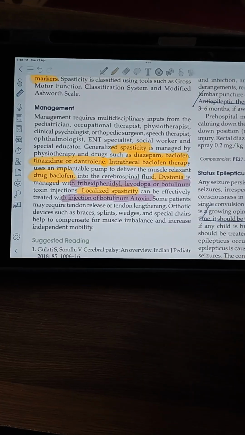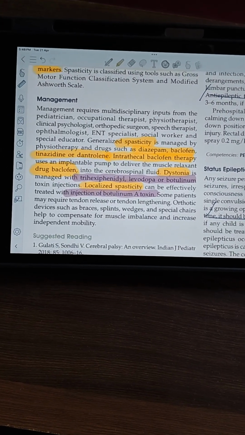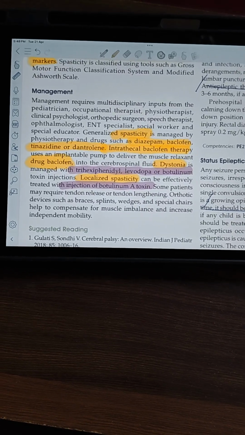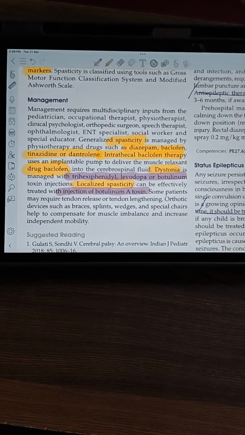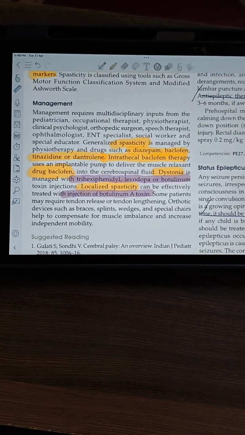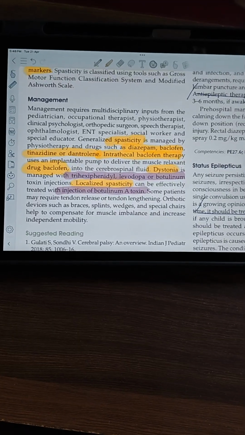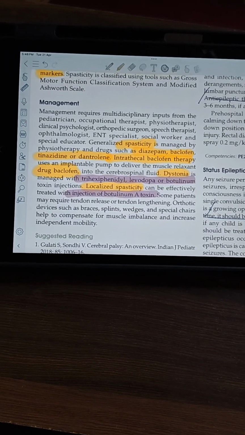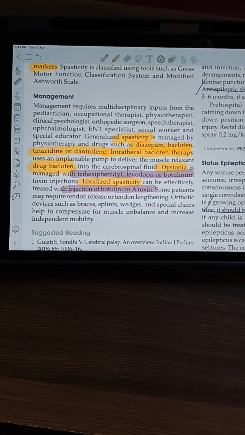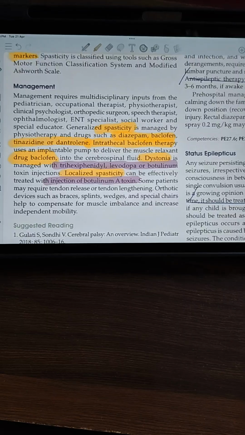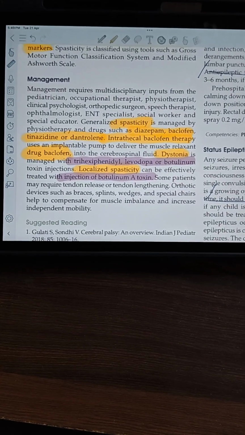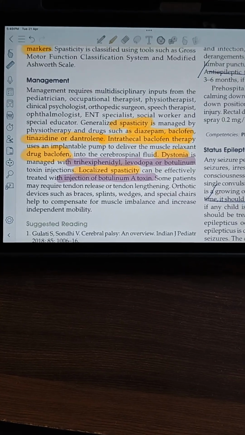So the management requires multidisciplinary inputs from the pediatrician, occupational therapist, physiotherapist, clinical psychologist, orthopedic surgeon, speech therapist, ophthalmologist, ENT specialist, social worker, special educator. All these persons need to contribute their work and knowledge to the management. So basically, generalized spasticity is managed by physiotherapy and drugs such as diazepam, baclofen, tizanidine